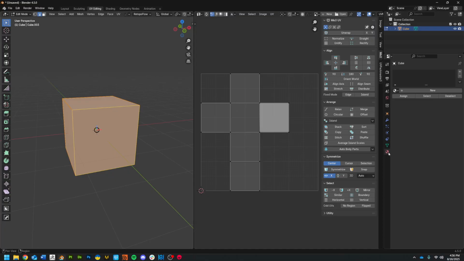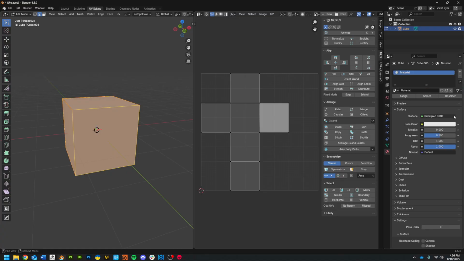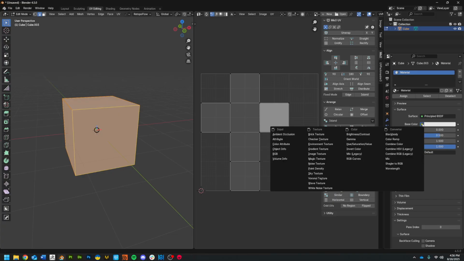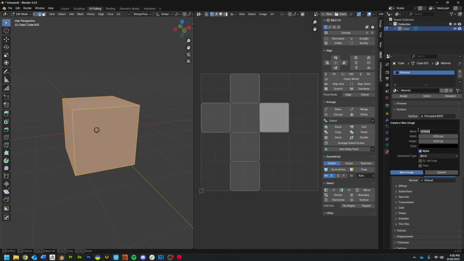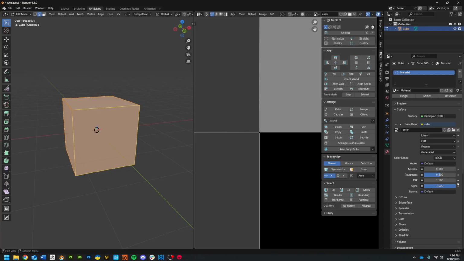I'm going to quickly add in a new material. I'm going to go over to my base color here, and I'm going to create a new image texture. And then in there, I actually have to create a new texture for that. If I want to draw something, I'll just call this color. I don't really need this to have an alpha channel, and I'll leave it alone at the 1024 by 1024 pixels. New image. Now I'm going to go ahead and switch over to texture paint, and you're going to